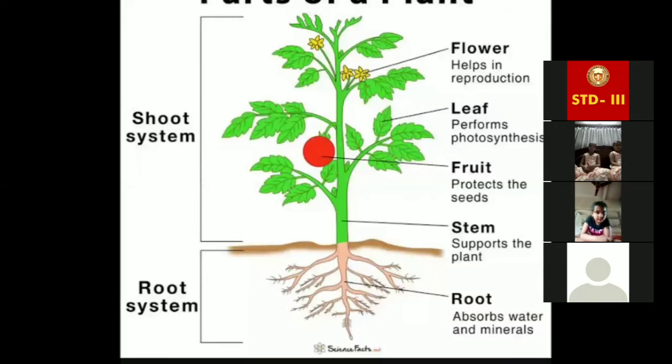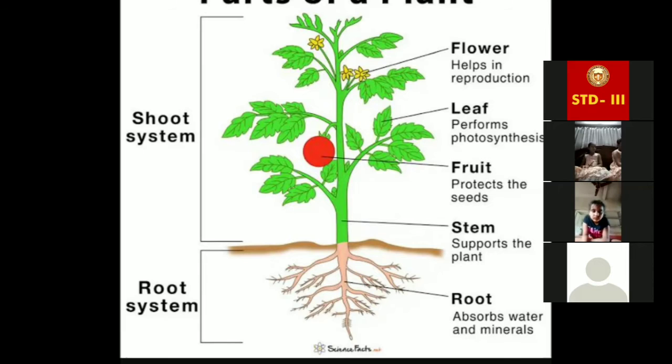Stems of small plants such as coriander are soft and green. Stems of plants such as rose are firm, strong, and often thick. So here are some examples of different kinds of stems. Some stems also remain inside the ground, as we have learned that the shoot system always remains above the ground. But some exceptional cases are there.